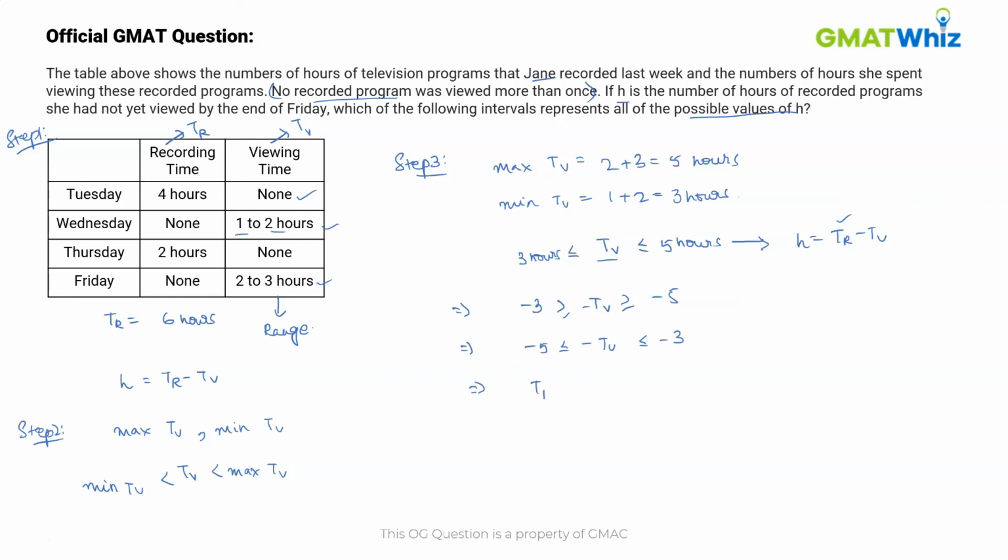So adding TR, we get TR minus 5 less than equal to TR minus TV less than equal to TR minus 3. Now we know the value of TR is equal to 6. So 6 minus 5 is less than equal to, and this is nothing but H. And this is less than equal to 6 minus 3, which gives us 1 is less than equal to H less than equal to 3. So we can see that the correct answer is option